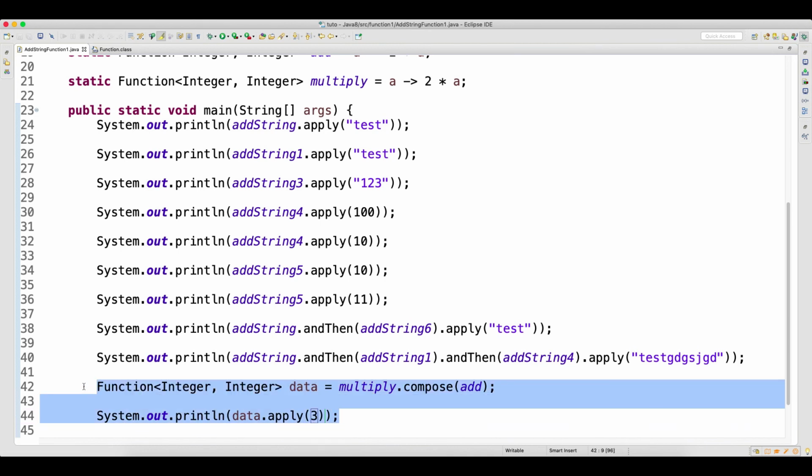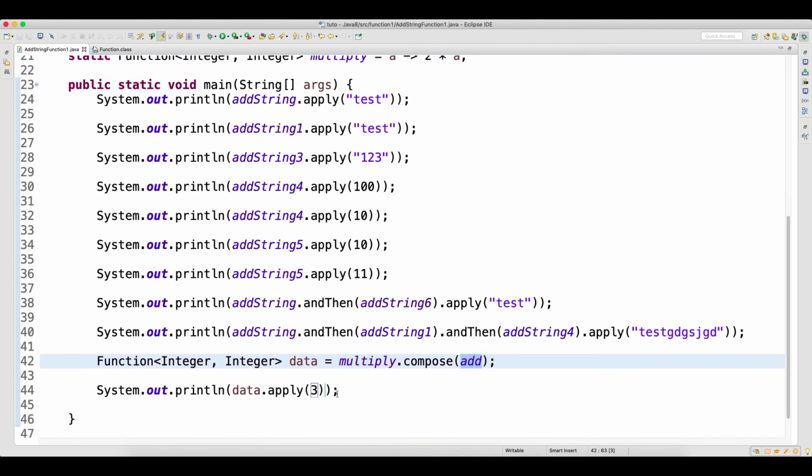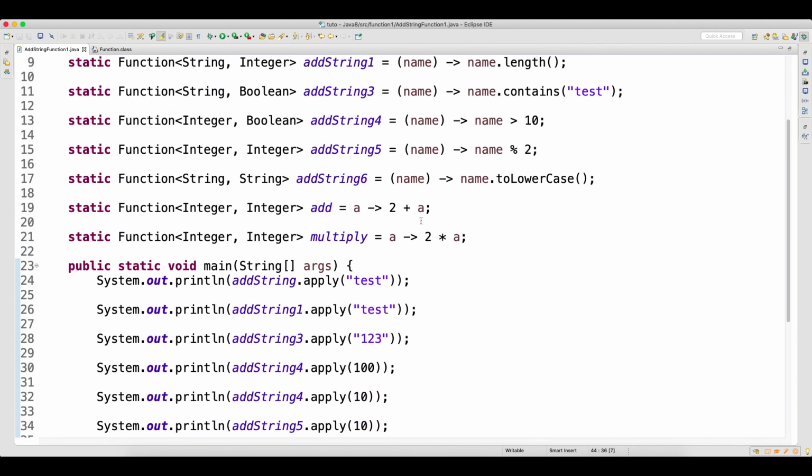So when I say apply 3, first add will get called, whatever you write inside the compose will be before. So I am adding 3, so 3 plus 2, what would be the output? 5. 3 plus 2 is 5.